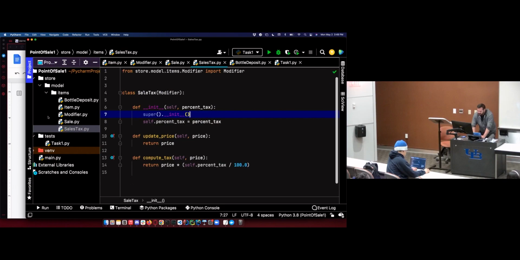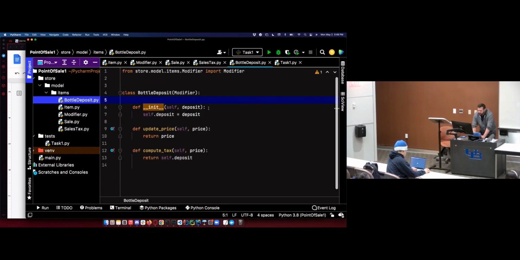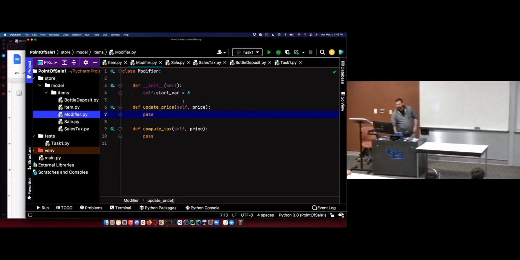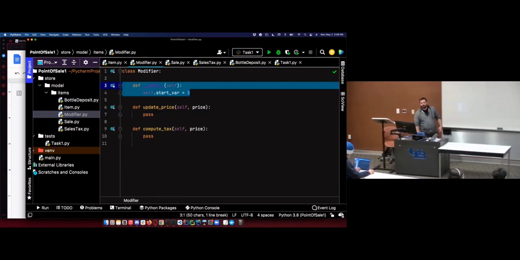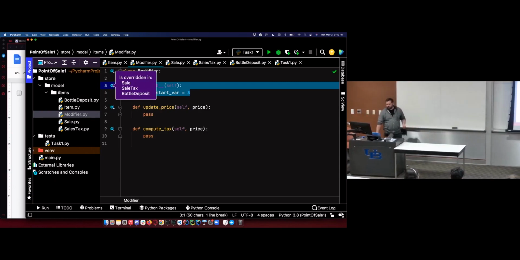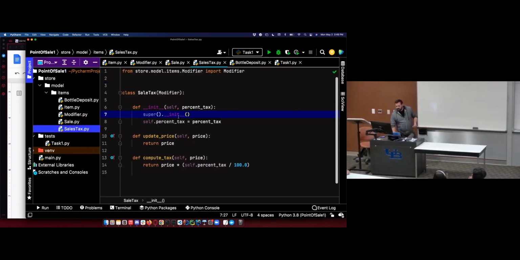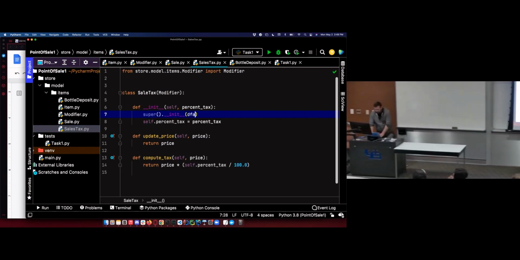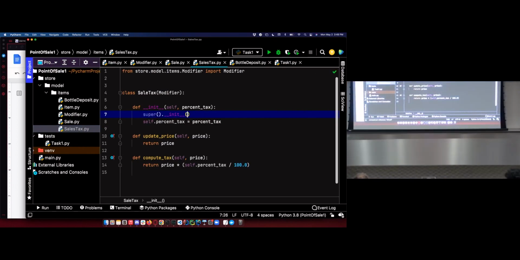So this call to the super constructor has to be made since the constructor exists of the class that we're overriding. We didn't need that before because modifier didn't have a constructor. Now that it has a constructor, it needs to be called, and it needs to be called explicitly. So if it had params, we would add those parameters here as well.